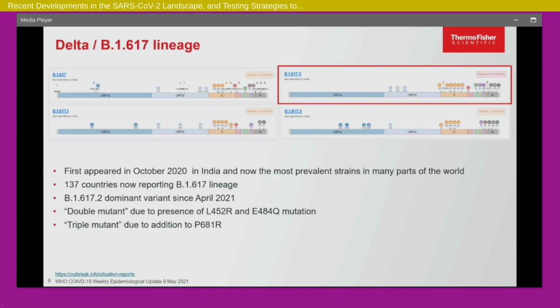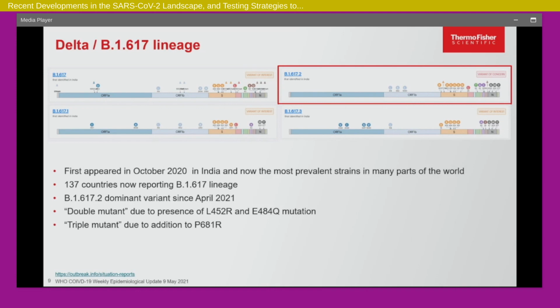They have different lineages. It's actually called B.1.617, but there are different sub-lineages of that: B.1.617.1, .2, and .3. But the one that is now called the Delta variant is actually B.1.617.2. It has a specific set of mutations. It has since then become the most dominant variant in the world. And I showed you that picture where it has pretty much taken over, and it is rapidly rising, even in the US and the rest of the world as well.